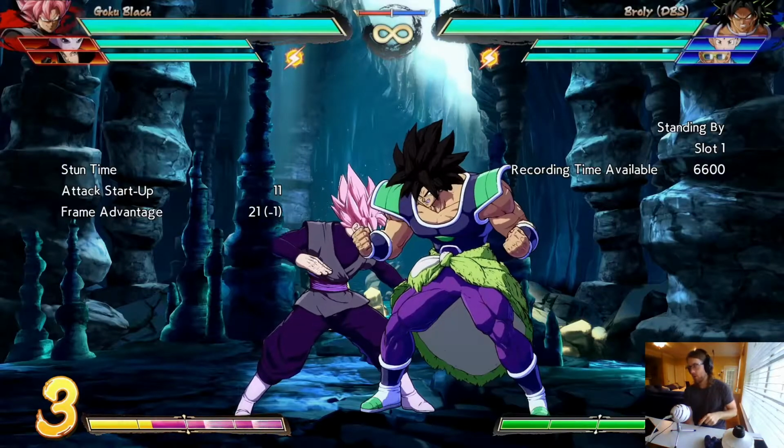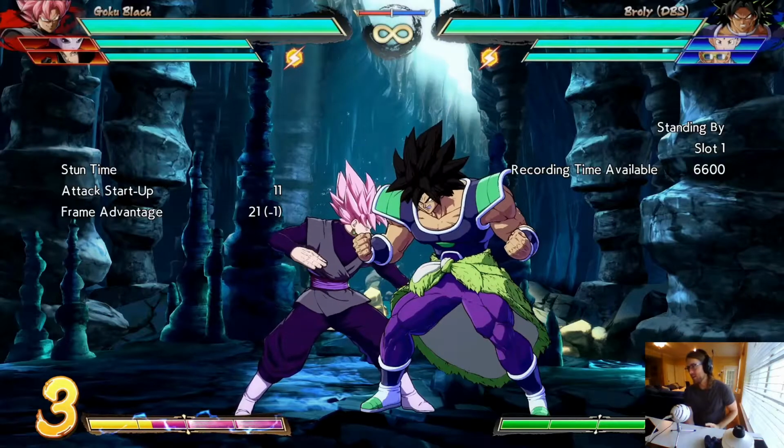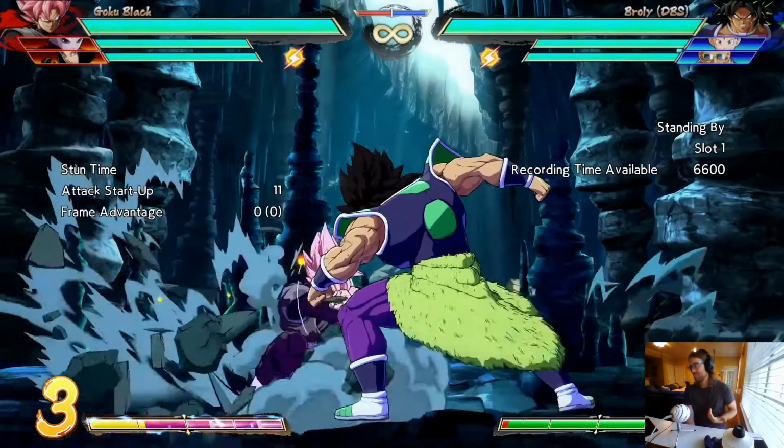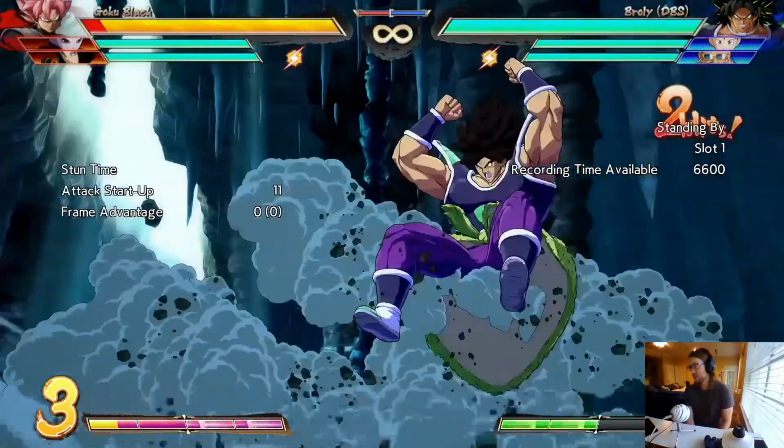I would like to point out that the grab you have Broly set to do is his EX, which is also an anti-air grab and a ground grab. So really just proving, not that we need to prove, but proving that the jump is grab invincible. Yeah, so there's...